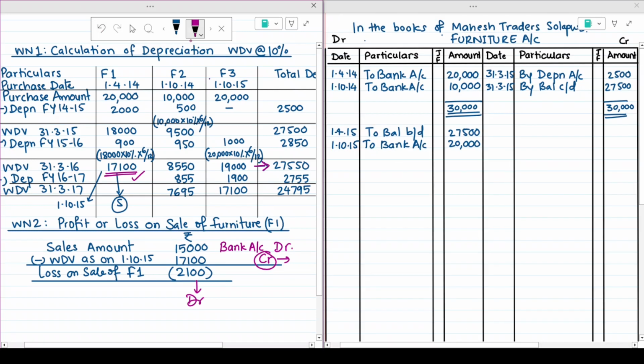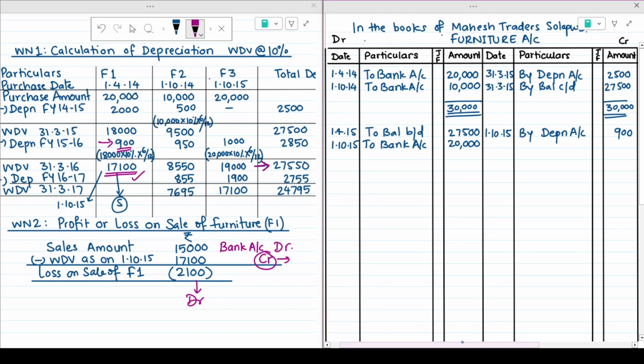But before this, we'll pass the depreciation entry. Depreciation on the asset sold. Here we have this 900 amount. So furniture account will be credited for depreciation. On which date? On date of sale. That is 1st October 15 by depreciation. Amount is 900. And then our sale entry,